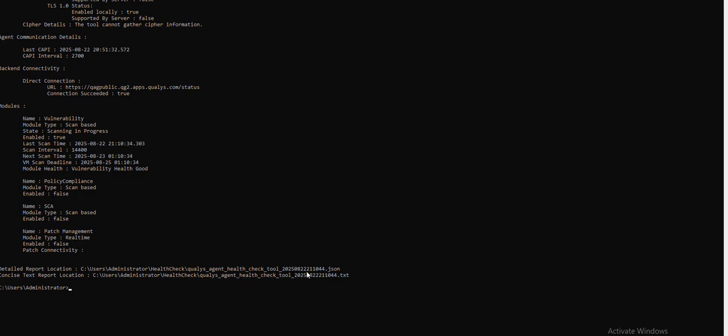You'll also notice that we have this output in a text file for you to save, and we also have it in a JSON. This would allow you to leverage a third-party tool to execute this tool on a regular frequency. We have many customers who are securing or validating their endpoint agents using a third-party tool. This could be a Jamf, SCCM, Intune, BigFix, whatever it may be, and it will check to see,